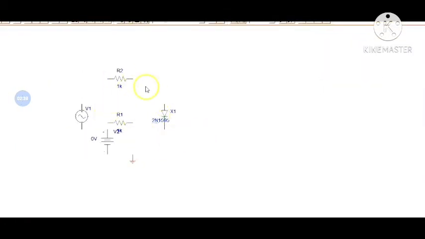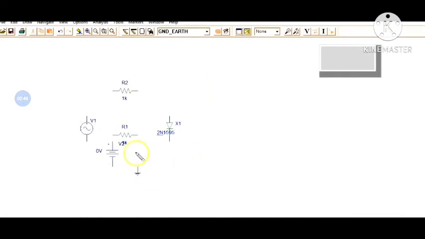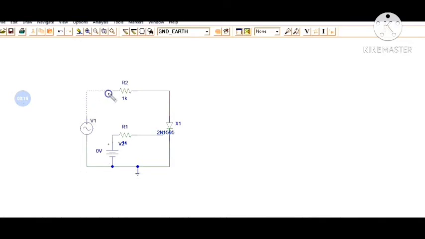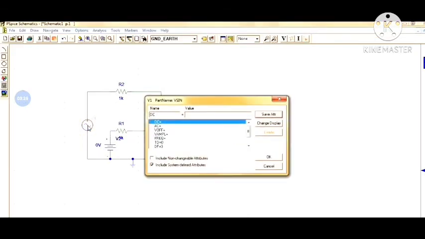Press Ctrl W for connection. You can see the pen-like connecting tool has come. Connect all the terminals and complete the circuit connections. Circuit connections are done. Now we have to fix the AC voltage parameters.